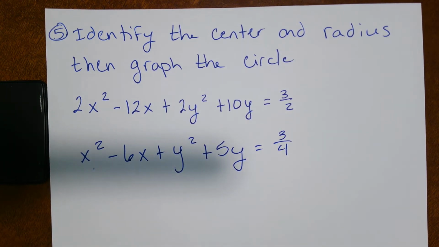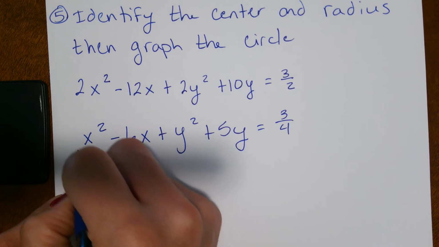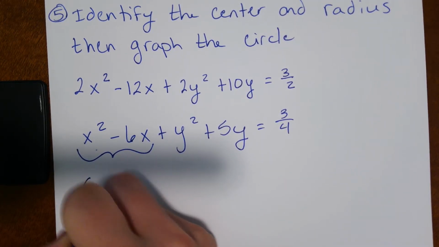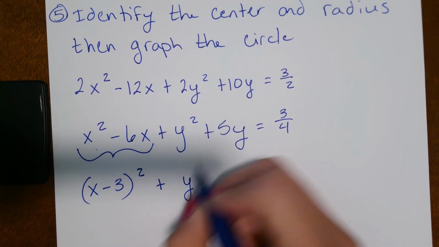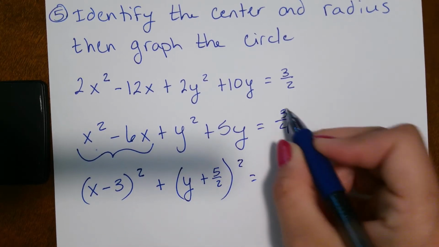And now I'm going to do it the shortcut way. If you need a little bit more than that, you need to go back and watch the Completing the Square videos posted in Blackboard, and the writing the equation of a circle in standard form videos. So grouping my x's, taking half of that value, I get x minus 3 squared. Likewise with my y's, taking half of that value, so 5 over 2 squared equals, I'm going to bring down